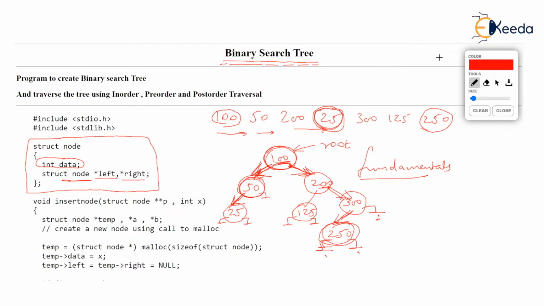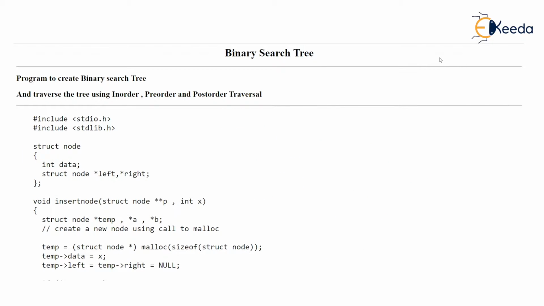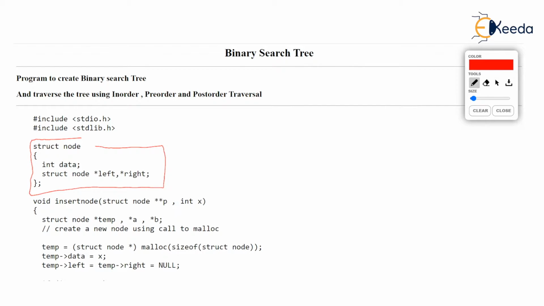Now in this video, we will be looking at a program to create a binary search tree. The program starts with a struct declaration, and every node structure will contain integer data and two pointers, left and right, which will point to any node. After that, we have written a function called insert node. Now the insert node function will insert only one node at a time. I repeat, only one node at a time will be inserted. So if you want to insert 10 nodes, then you will have to call the insert node function 10 times from the main.